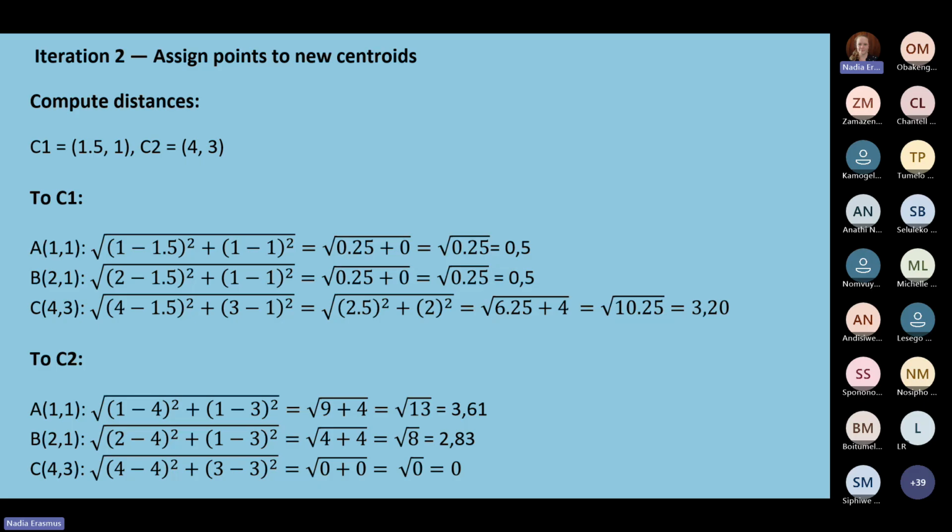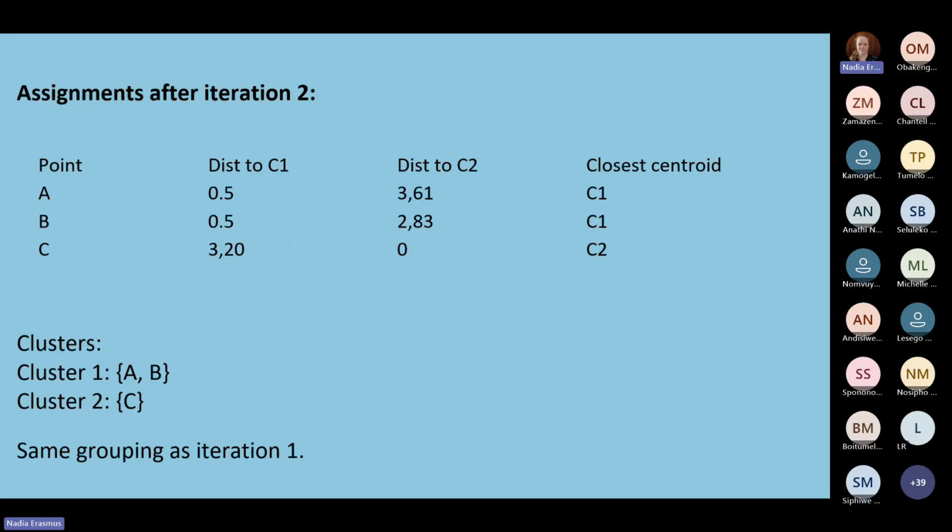We have your centroids and each and every data point. So we're going to have that A and B are still close to centroid 1, and C is still closest to centroid 2. So we're going to say that the clusters stayed the same. So we have the same grouping as iteration 1. Okay, so that's how you answer that. Then